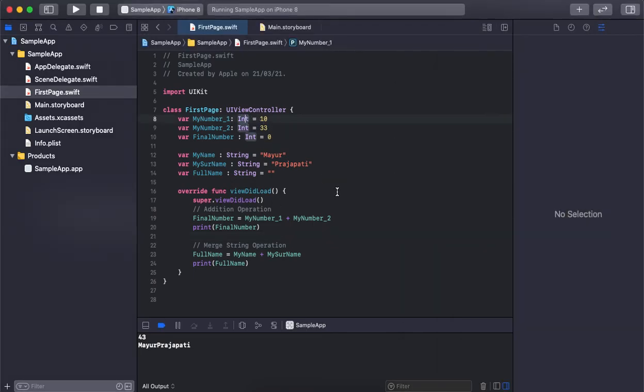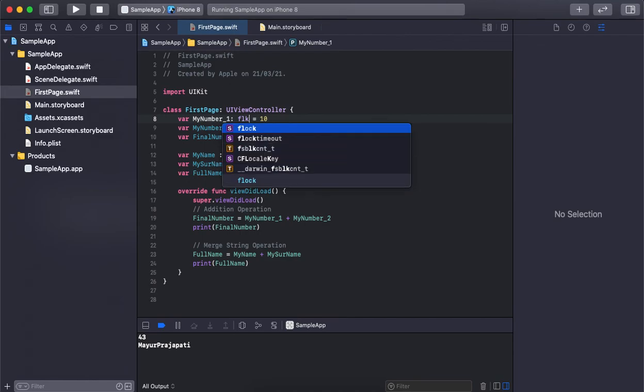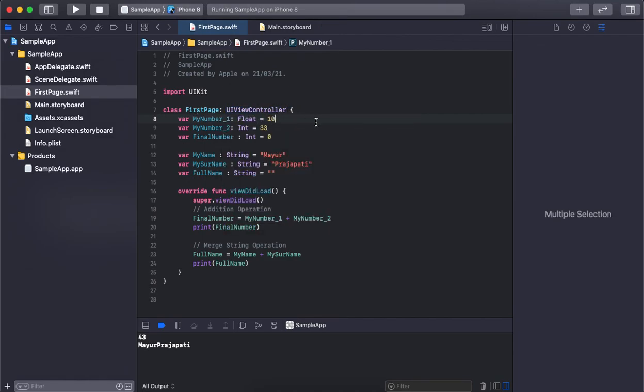Also, there are lots of other variables and data types available that we can use, like we can declare a float value as well. In that case, we can change it to different values, and the rest of the cases will be the same. Also we can declare double values, as well as characters and string values, which can be used to perform appending operations. And if we need to perform many string matching operations, we will see how to utilize that